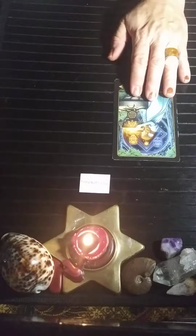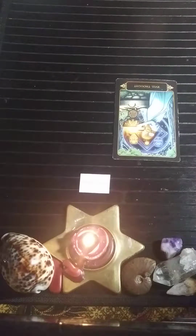Okay. So that's 18, okay? 18 and thought. So with this card, somebody's putting in a lot of thought about another person, perhaps trying to manifest something. It doesn't necessarily mean that this is a woman doing it, but it could be somebody in that female energy. And you see on the left side and the right side, it looks like we have a dark side and a fiery side. Okay. Let me get a little closer here. I don't know where my magnifying glass is, but it's cool. Okay, so anyhow,